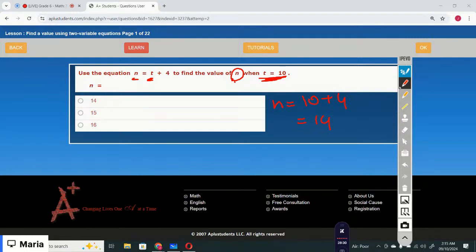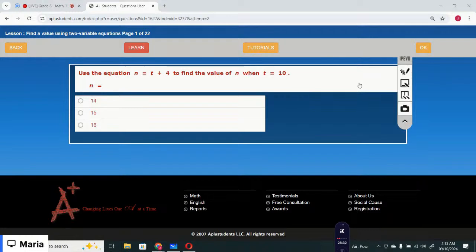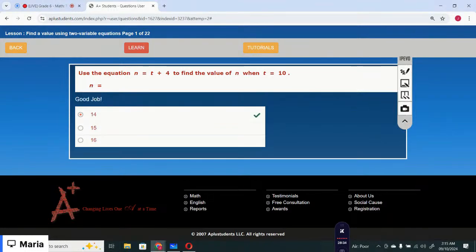The correct option is option number 1, that is 14. Okay, the next one is